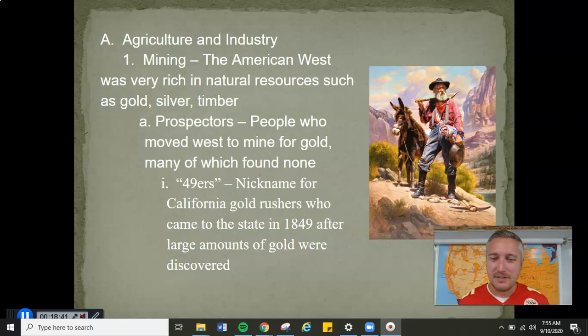And so, you did have guys going, and women, everyone was traveling out west in search for gold. I mentioned the 49ers, kind of spoiled this little story here, but mentioned the 49ers previously in the lecture. 1849, there's gold discovered out west, and you do have a rush of people that go and try to find that gold, most of which do not. But some do get rich, and especially the first few years of that gold rush, they're coming back out east with just, they found treasure. They literally dug in the ground and found treasure. Man, if that doesn't spark curiosity and adventure for people, I don't know what will.